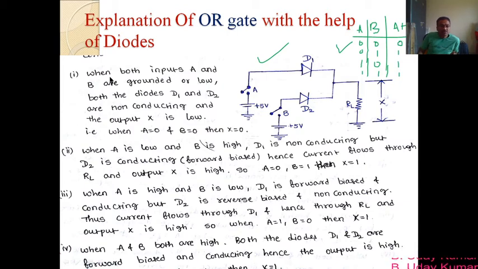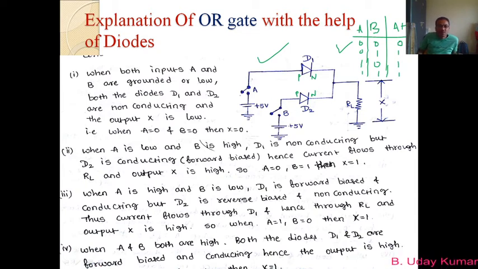So now coming to this one, when both the inputs A and B are grounded or low. So that means this first combination we are speaking here. When A and B are 0, that means both inputs A and B are grounded or low. If you observe carefully, this is the P type of diode and this is the N type of diode, D1. Similarly, this is also P type and this is N type of diode. So if you take any mark here, this acts as P and this acts as N. This also acts as P and this also acts as N.